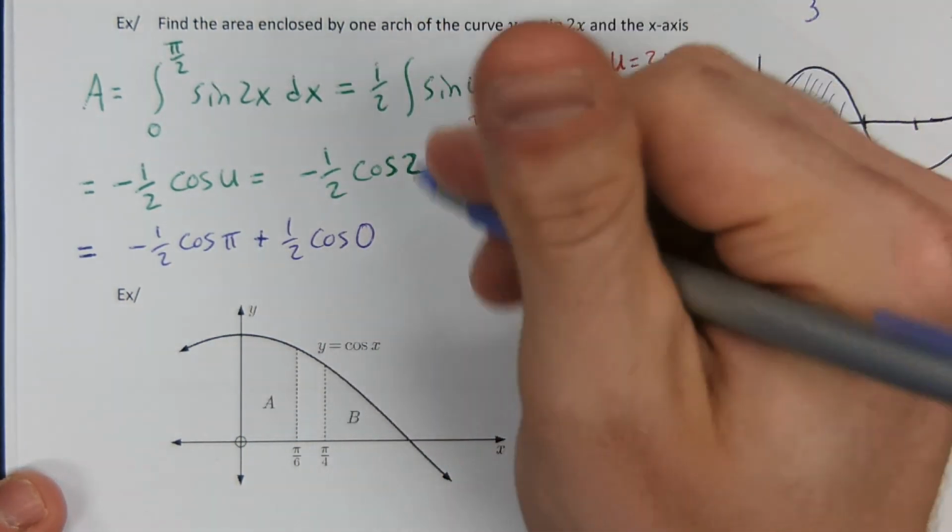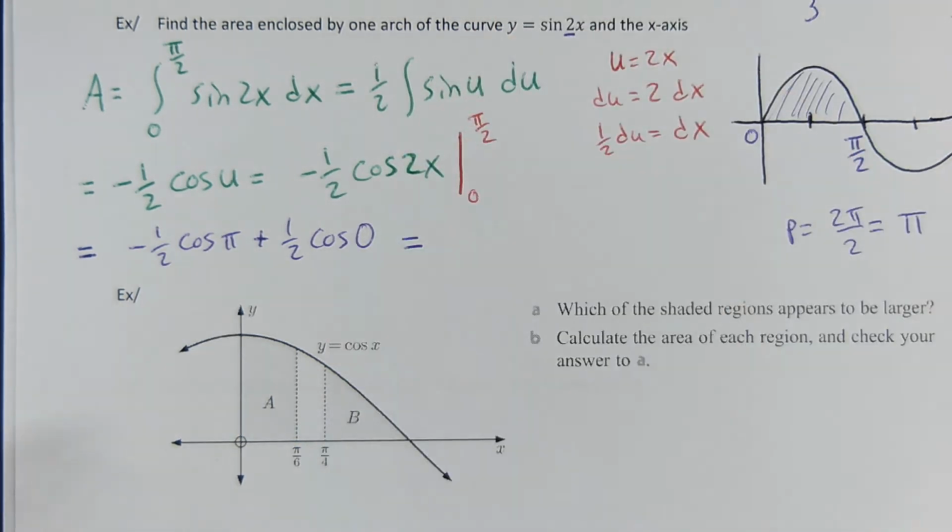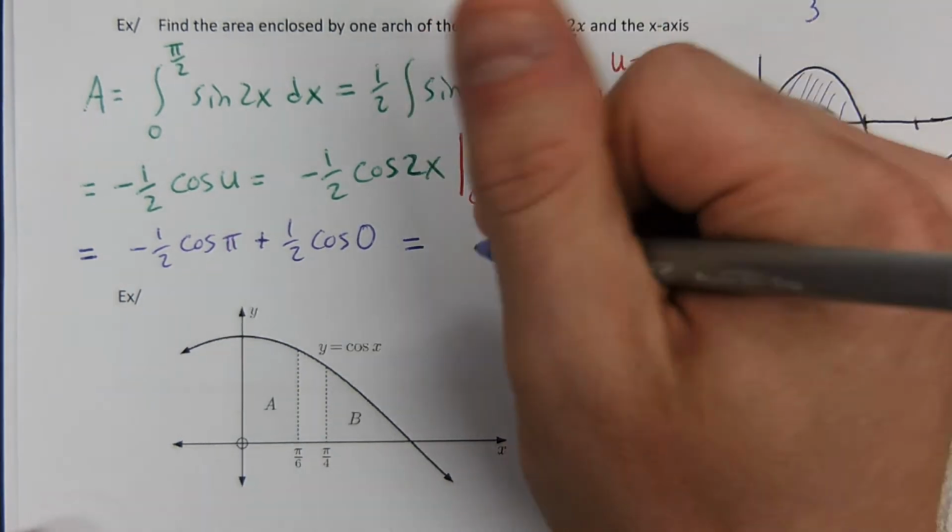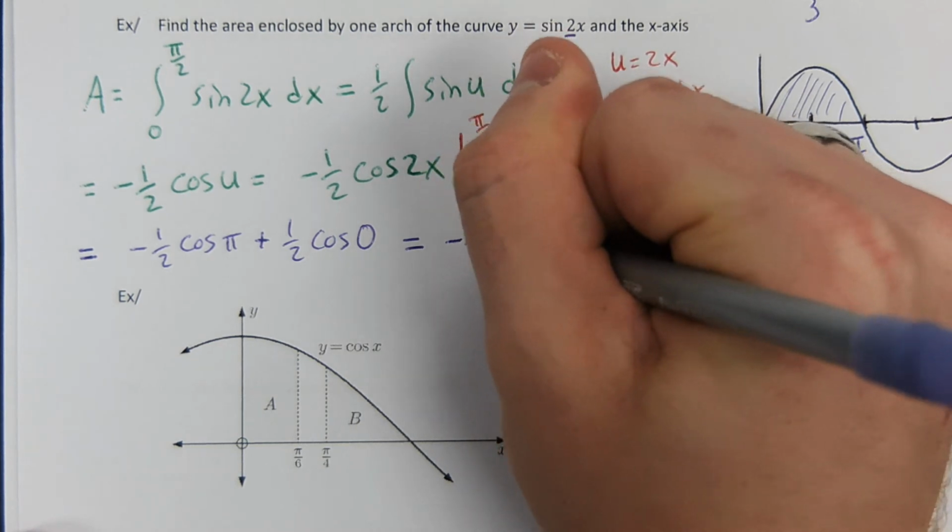It would be helpful if you knew your trig, if you knew your unit circle, because cosine of pi is negative 1. Because cosine begins at its maximum of positive 1, and it ends at its maximum of positive 1, that is a period of 2 pi. This is halfway across that. So this is where its minimum is, negative 1. So it gives me negative 1/2 times negative 1